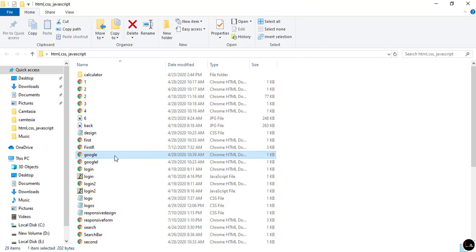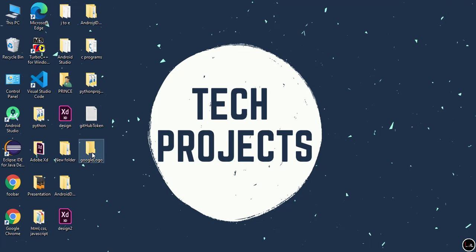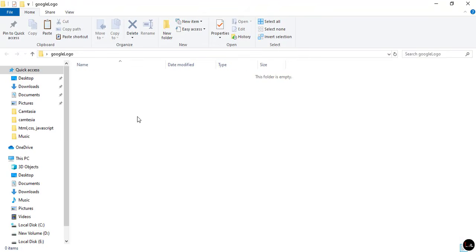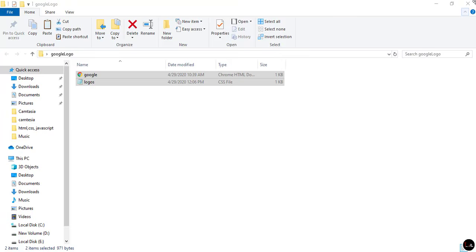First I want to say why I opened both the files in Visual Studio Code. I opened those files only in Visual Studio Code to see the names of the files, because we have lots of files and we don't remember the names. So it is better to open those files in VS Code first, and then create a new folder and copy all the files into a single folder. As you know, my Google folder contains two files, so I simply copy both of the files and now paste them here. Now after pasting, open your Visual Studio Code again.